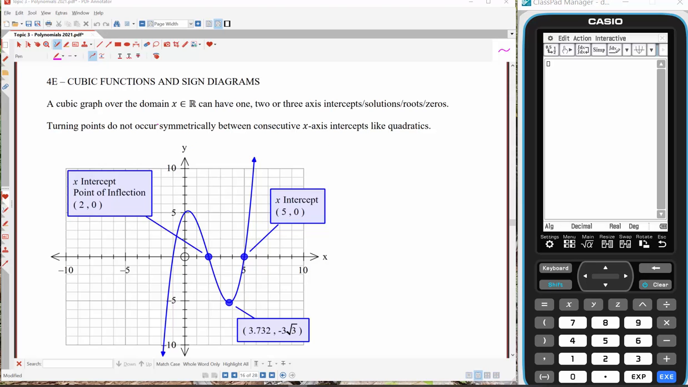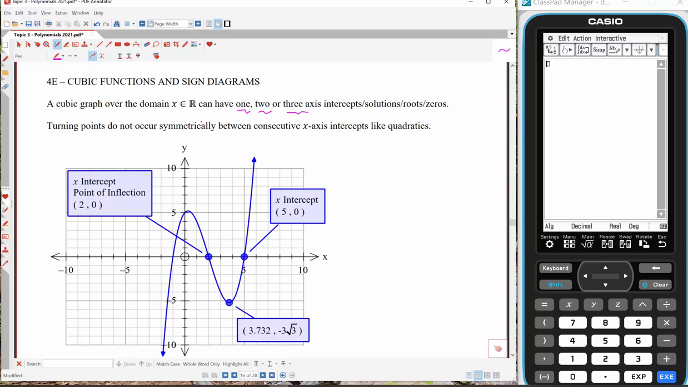Exercise 4e is all about cubic functions and sign diagrams. Now I don't really use sign diagrams, but I'll explain my way around having to do them for cubics and quartics and things like that. So a cubic graph over the domain x is an element of all reals can have 1, 2, 3 axes